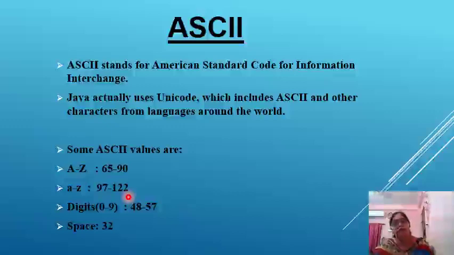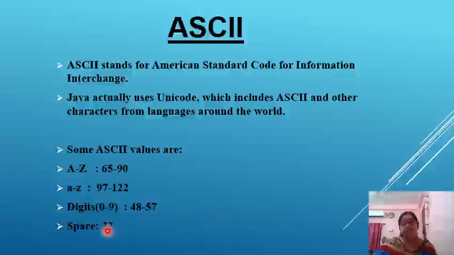In Java, during the program, we represent capital letters as uppercase and small letters as lowercase. So we will say that lowercase a to z has a value of 97 to 122 and uppercase A to Z has a value of 65 to 90. In ASCII code, digits also have values 0 to 9. It means 0 represents 48, 1 represents 49 and 2 represents 50. Like that, 9 represents 57.